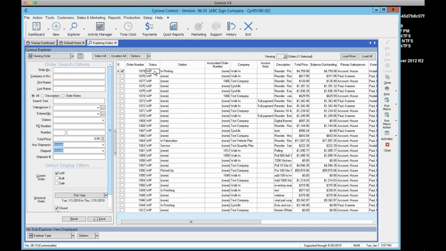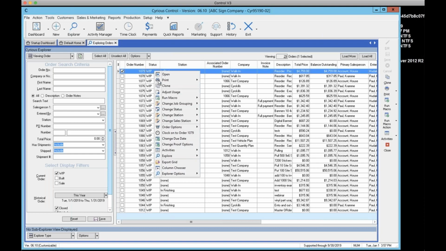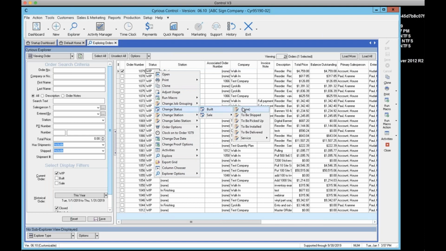Now, if this finally goes to built and it's done and ready to be picked up, I would use a right mouse click. I would say I want to change the status. I don't want to change the status to either, leave it alone. And now here you're choosing a station that's going to reflect the ultimate where this thing is going to go. It's either going to be shipped, it's going to be picked up, it's going to be installed, it's going to be delivered, or from a service perspective, the service is now completed. So if it says that it's going to be shipped,